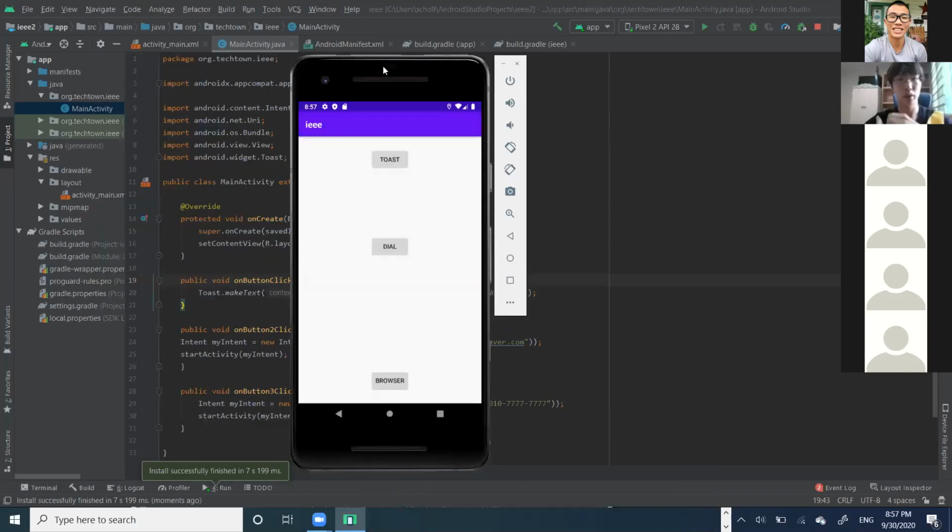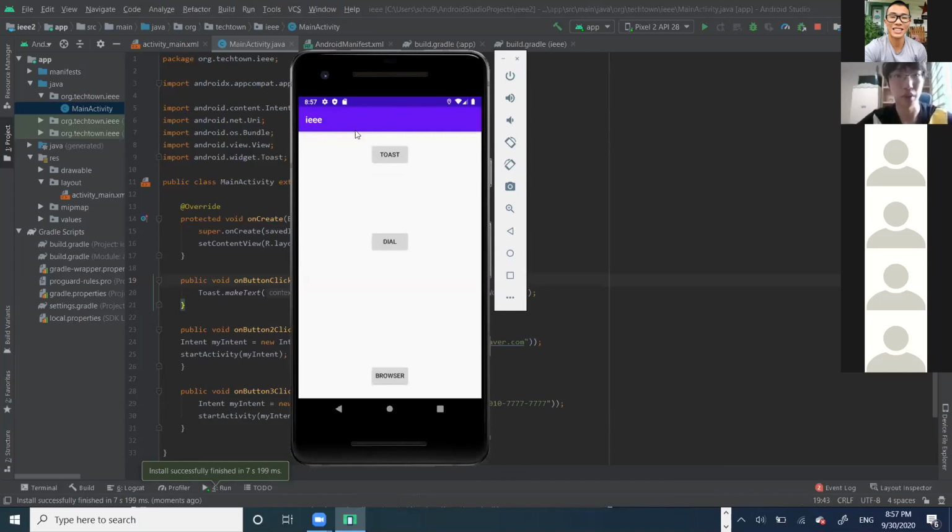So this is what you see. It's three buttons, IEEE, Toast, Dial, and Browser. If you click Toast, you'll see Hello World Toast popping out for the duration of length long. If you click Dial,